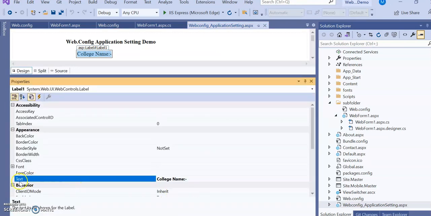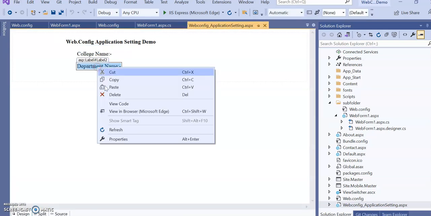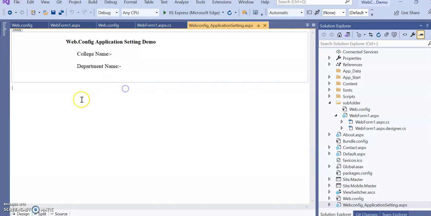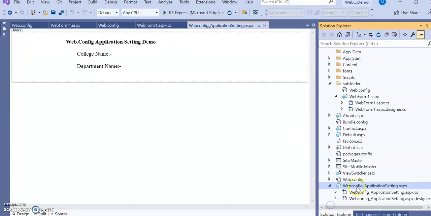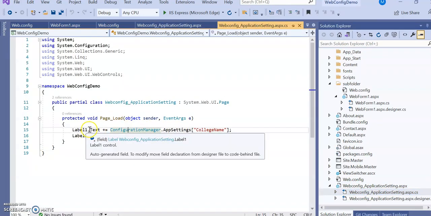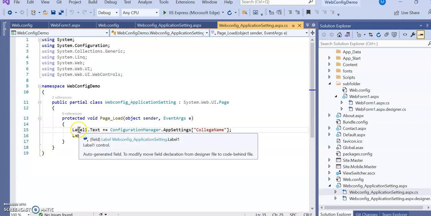Here you will find the text is the college name for Label1, and for the second, go to the properties, the text is department name. Now let's go to its coding part. See here, now Label1.Text during the page load, what will happen?